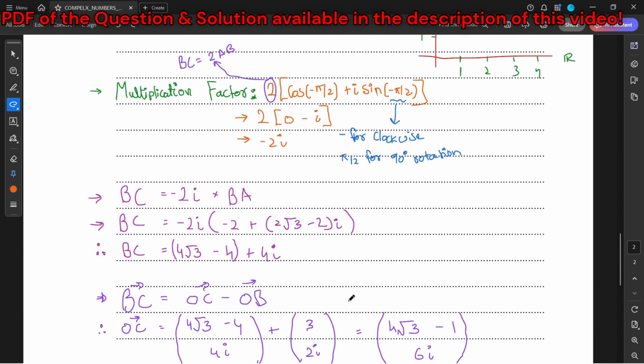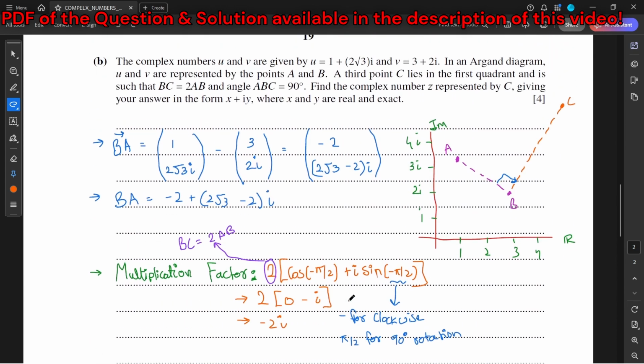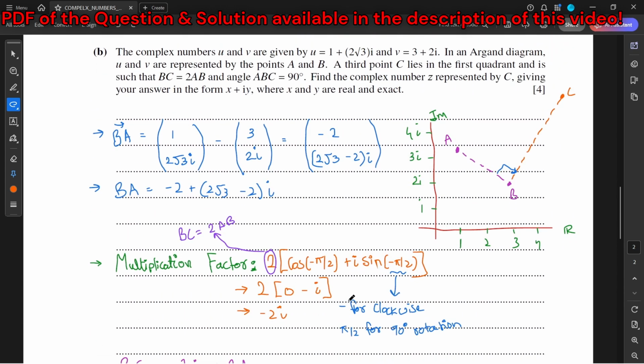Now, for the students who were not able to solve this particular part, it's completely fine. I'll show you how I have done it. All right. So first of all, just to imagine what's really going on in the question, I've drawn a rough